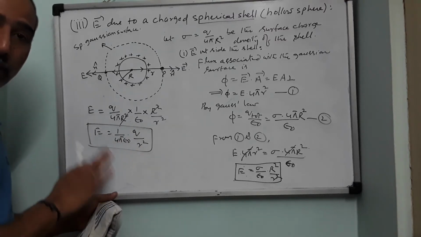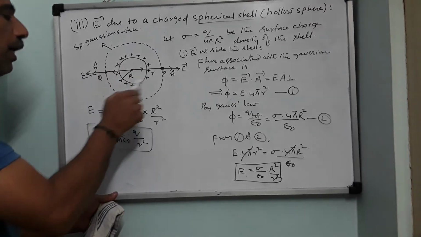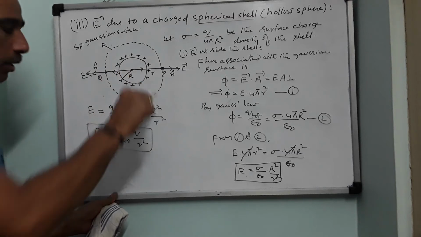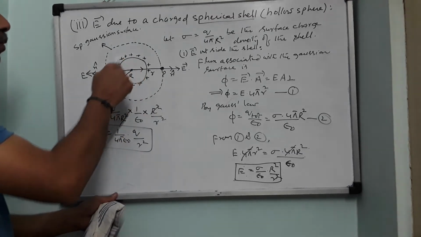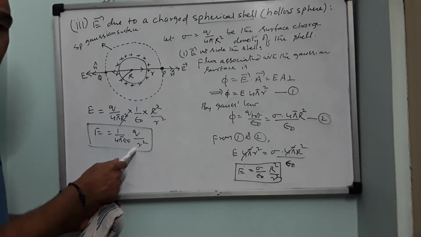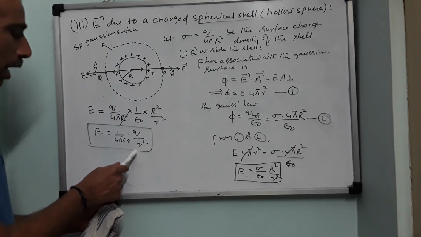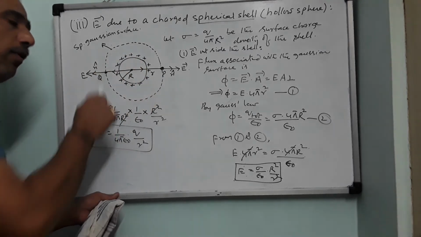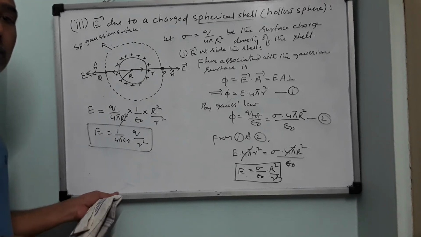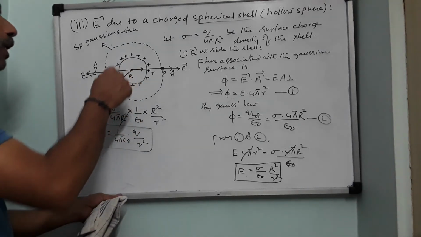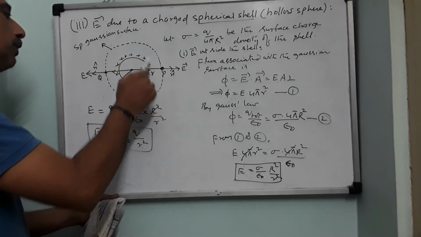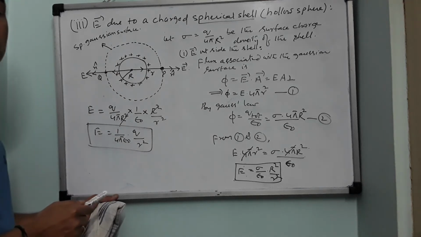This we have not derived for a point charge. This we have derived for a spherical shell over which the charge is uniformly distributed. So now we can conclude that a uniformly charged spherical shell behaves like a point charge, because this expression is the electric field due to a point charge, and this expression is also the electric field due to a uniformly charged spherical shell. So both expressions are same. So I can now conclude that a uniformly charged spherical shell behaves like a point charge as if the total charge is concentrated at the center of the shell.